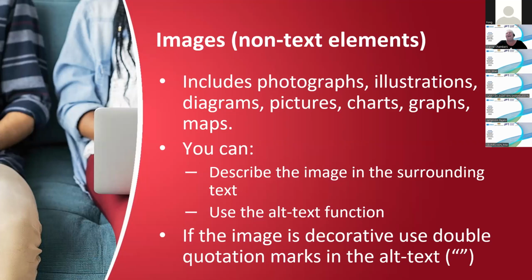Okay, so the alt text function allows screen readers the ability to actually read out what that particular image is. If it is purely decorative, and I'm really bad at this, I put lots of pretty pictures in my PowerPoint slides, you can actually just put in double quotation marks in the alt text, and then it'll just read it out as picture or graphic. It won't read out any other description. And that's important because you don't want to spend time for the screen reader to have to try and navigate all of those things when it doesn't need to. Okay, so easy way to get around that.